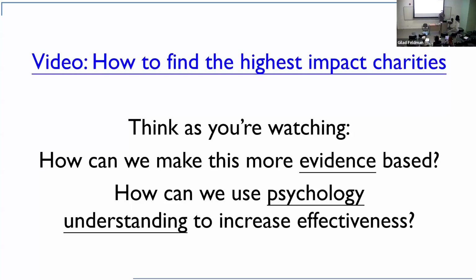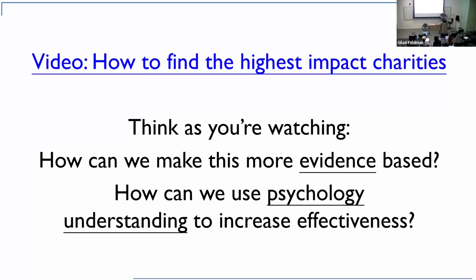So for example, one has higher overhead than the other. Their effectiveness is the same, the amount of money, the number of lives saved is the same, everything is the same, but one has more overhead, spends more on bureaucracy and managerial costs than the other. Which one would you choose? And then what we can see is that most people would choose the one with less overhead. So our task is to identify as many factors as possible, like overhead, based on videos like Luke's,